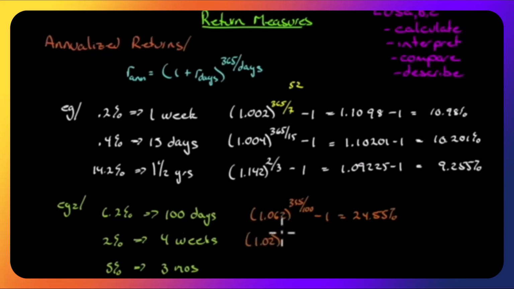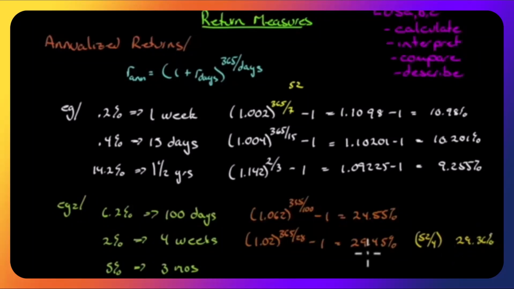And we'll put it to the power term of 365 over 28 minus 1. And that will give us 29.45%. If we had used weeks instead, and if our power term instead were 52 over 4, we would have gotten